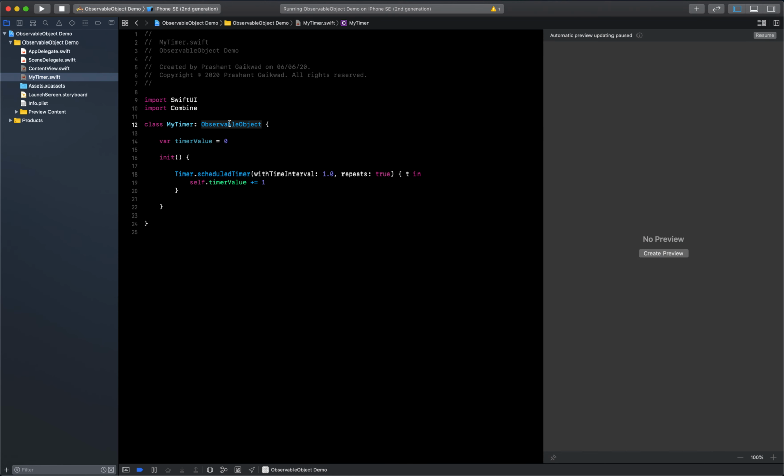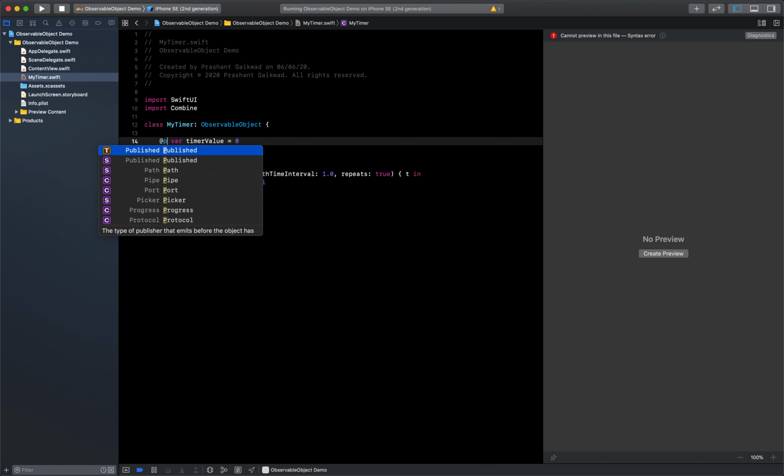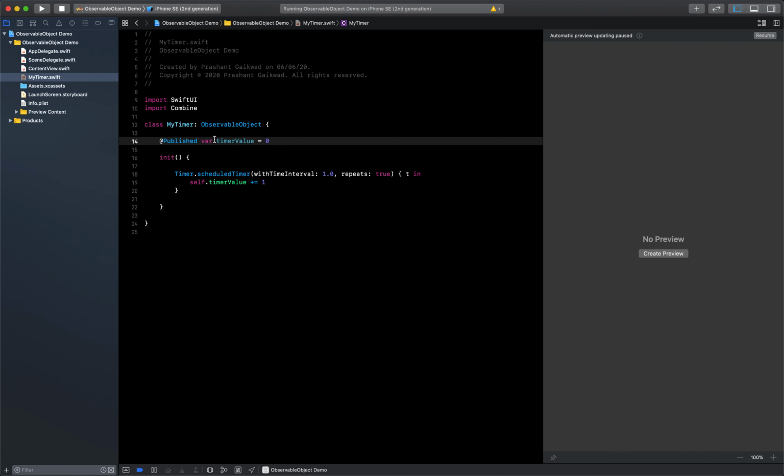So when you conform a class to ObservableObject, then you must have a property inside your class which will be called @Published. So the property whose value should be published, you will declare it as a @Published property. So what happens is, as soon as this value gets changed,